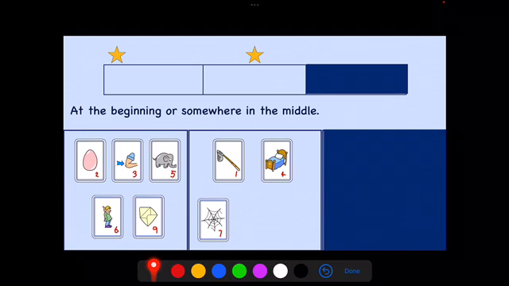Number 7, web. Number 8, jelly. And that jelly really looks as if it's a wibble wobble jelly on a plate. And number 9, oh,